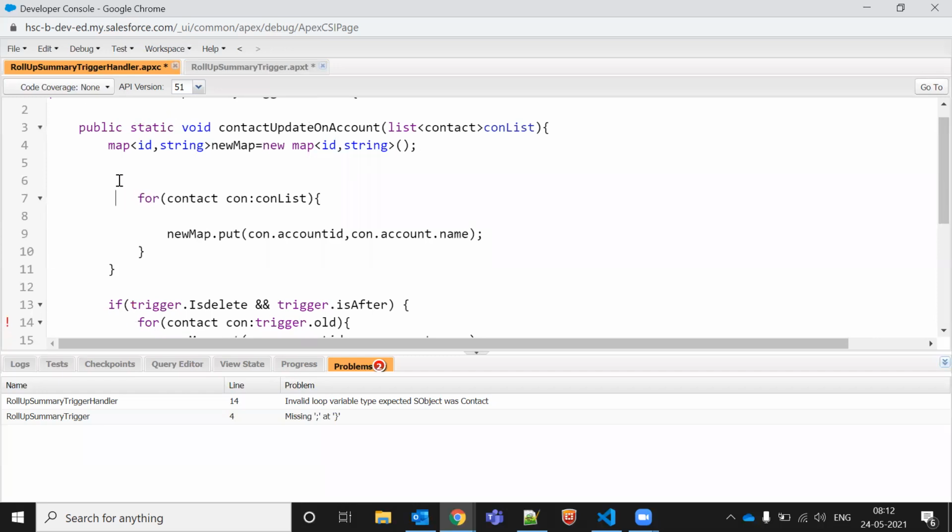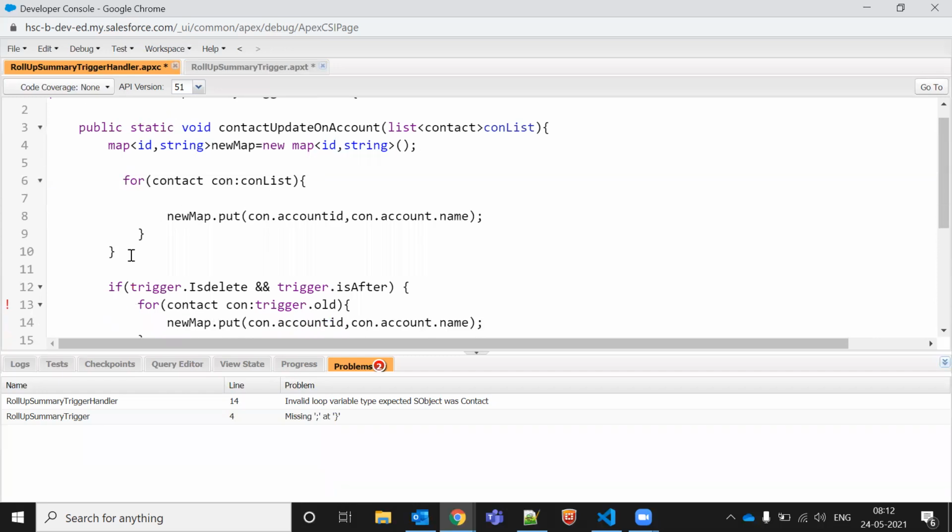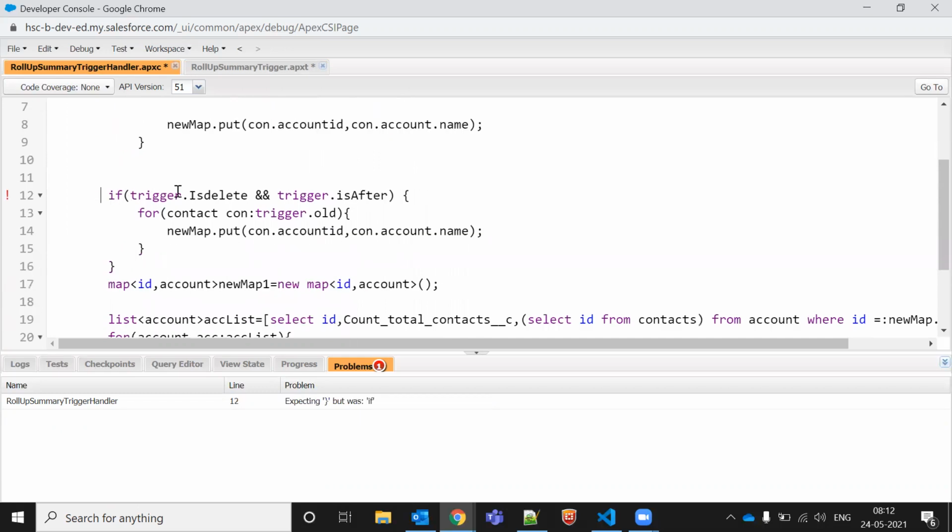So I think that is extra. What should we do here? We should keep this one as well. Let me cut this one and remove this bracket.